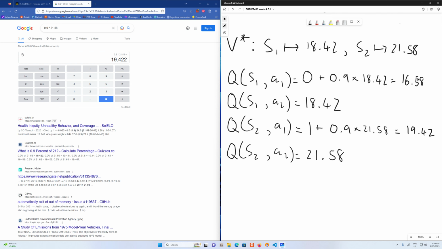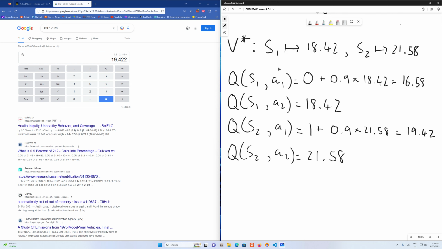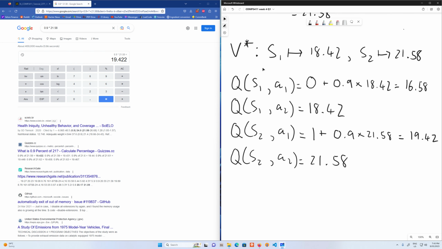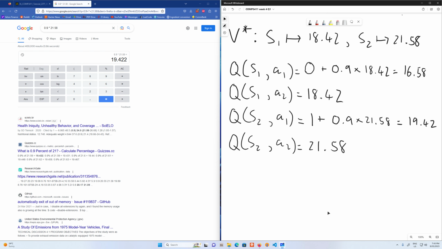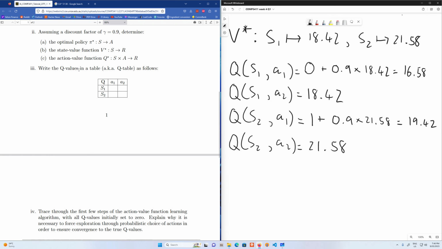So you can see here, we've now got all the values for the state action pairs, and basically there's 4 of them instead of 2 like we have for the value function. The extra 2 expressions come from forcing the agent to take the suboptimal move as the first step. Now the way we'd usually report these values is in a state table. So if we go to the questions,